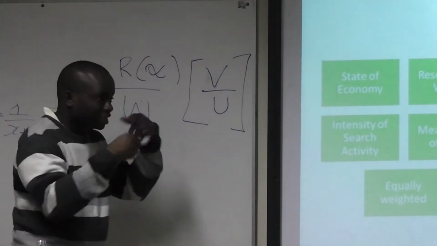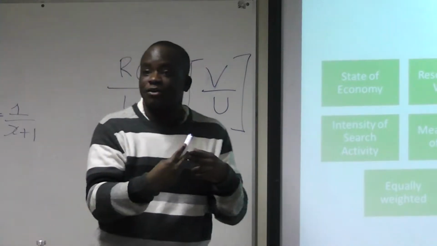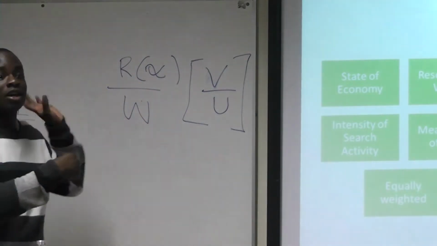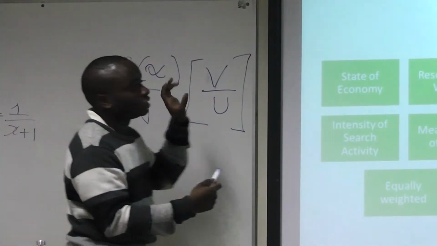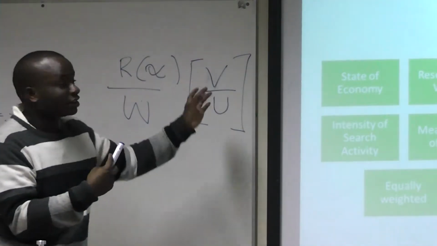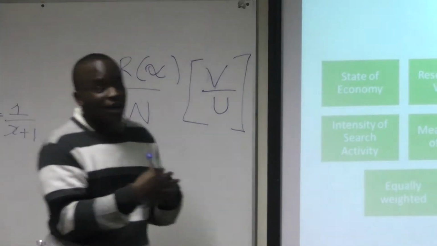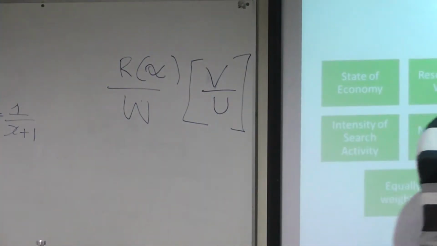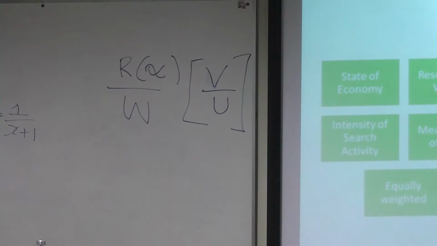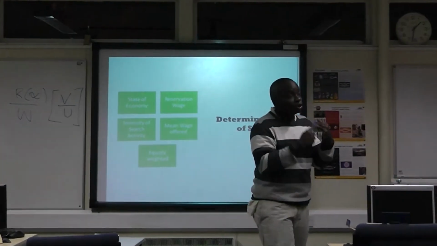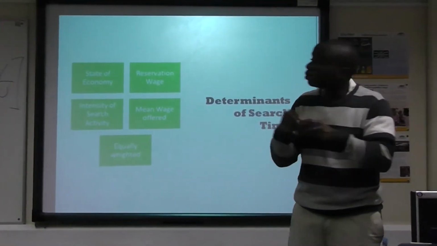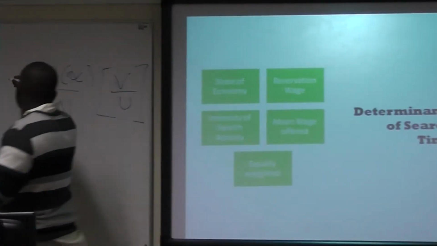This is how I went through building the search time function. This is how I went through formalizing a model for the expected value of search time. So V over U was a way to reflect the state of the economy and how that affected workers. Another one was intensity of search activity. If you're searching more intensely, you're going to get more job offers, more interviews, you're more likely to get a job offer. So what I did to reflect that,